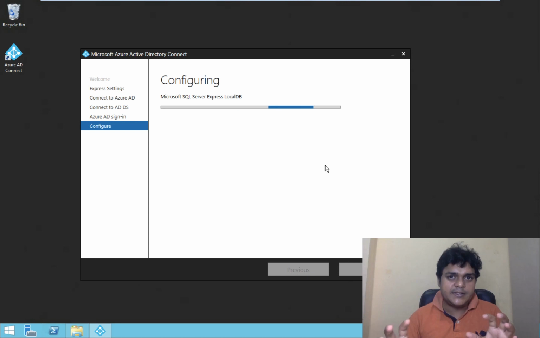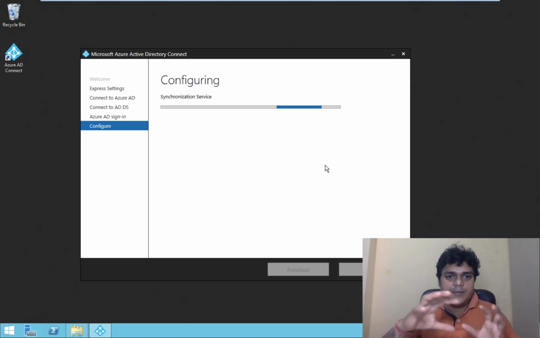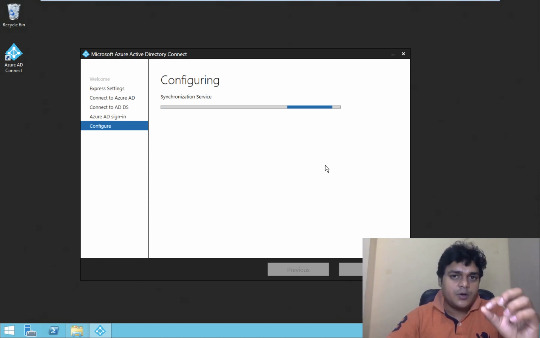After completing this task, all the user information available on-premises will be automatically highlighted on our Azure Active Directory user panel. It just synchronizes. It will take time, depending upon the speed of your local internet connection as well.